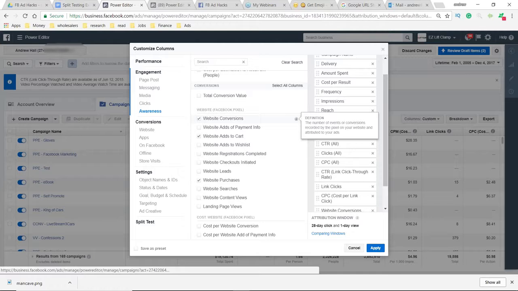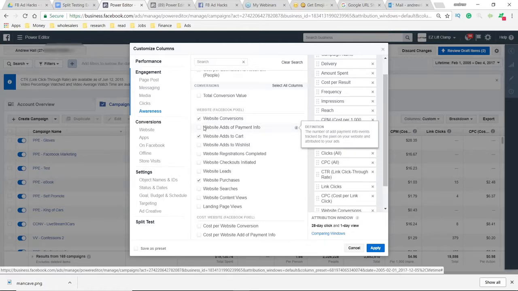And in the beginning, it's not a bad idea to have ads of payment info and website checkouts, because think about it this way. You want to think about your funnel as a whole. If you're getting traffic to your website and no one's adding to cart, that means your product page, the first page that you're sending people to with the add to cart button, is not working well. It must be your price. Maybe it's your price, maybe it's your product description, maybe it's your title, maybe it's your images, maybe it's your store layout, whatever it is, at that point if you're not getting add to carts,